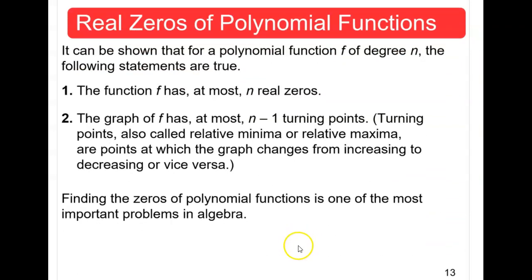Now let's talk about real zeros. When we say real, we mean they belong to the set of real numbers. That includes positives, negatives, fractions, rationals, irrationals, decimals. They're all real. And when we say zeros, I remember we went over it briefly, but I will repeat it. The word zeros, it means